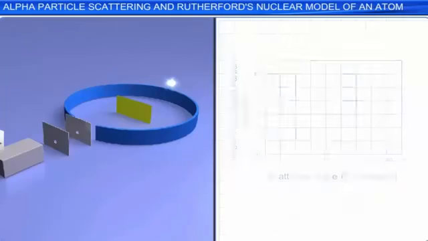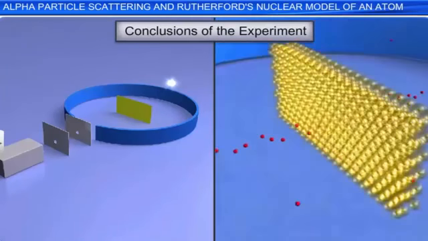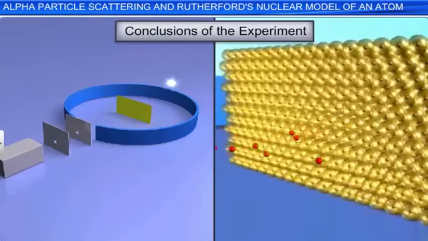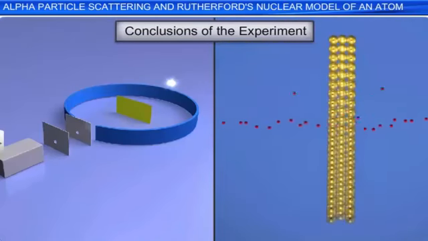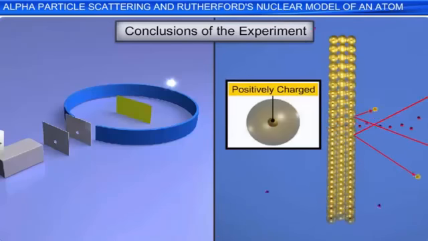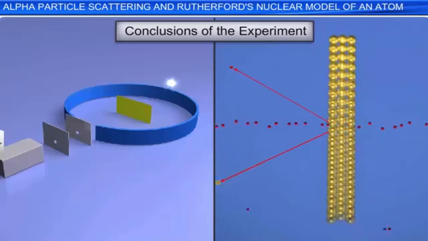Based on the data from the graph, Rutherford made the following conclusions. The number of particles for nearly zero angle of scattering was very large, indicating that most of them had passed almost straight through the gold foil. This implied that most of the atoms must have been empty. Out of all the incident alpha particles, only about 0.14% of the particles scattered by more than 1 degree. This was due to the fact that these particles passed close to the central part of the atom, which must have been positively charged. And 1 in 8,000, that is about